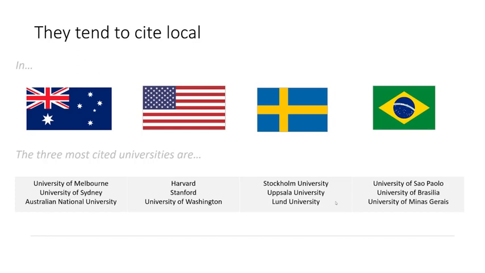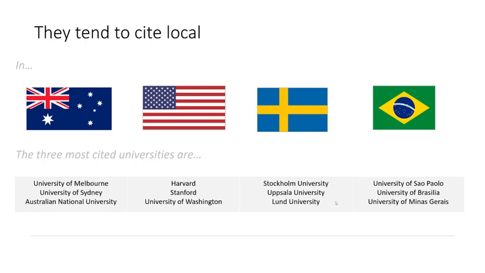Policy documents also tend to cite locally. This isn't necessarily a surprise when you think about it: when a policymaker goes looking for evidence, they're going to look for local expertise who can come in and be embedded with the department, or can come and give evidence to a committee, or they'll put out a call for evidence. And the people most rewarded for responding to those calls for evidence are the people in the country it came from. If you look at all the policy documents from Australia, and then all of the scholarly research that they cite as evidence, and then you look at the affiliations of those scholarly articles, the top three affiliations, the ones that crop up most often, are all Australian.